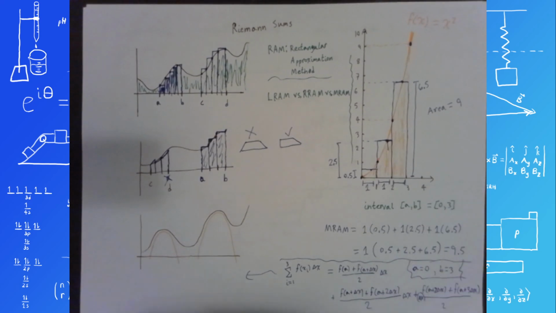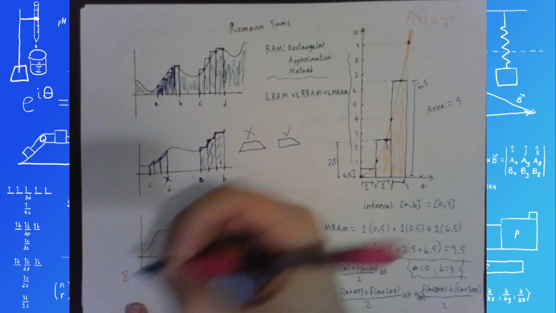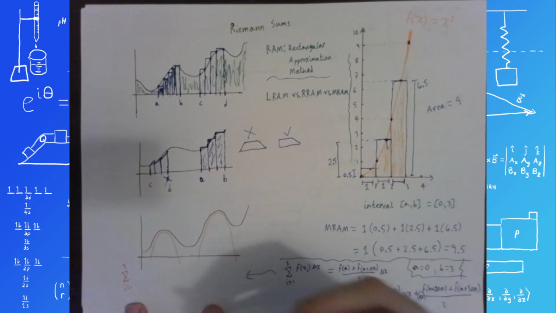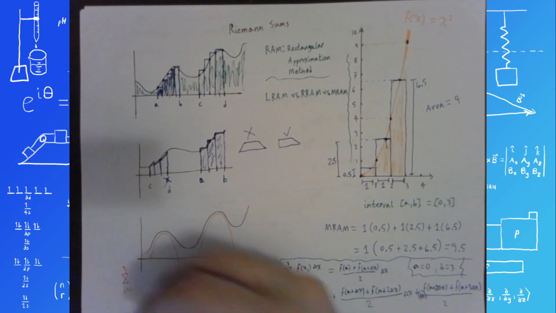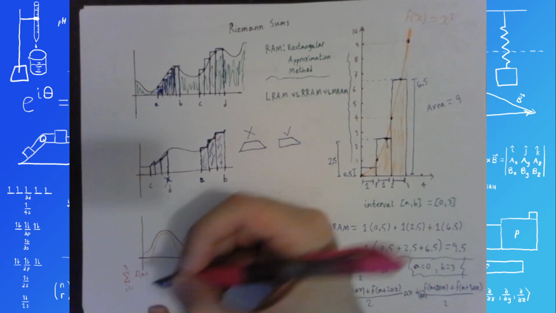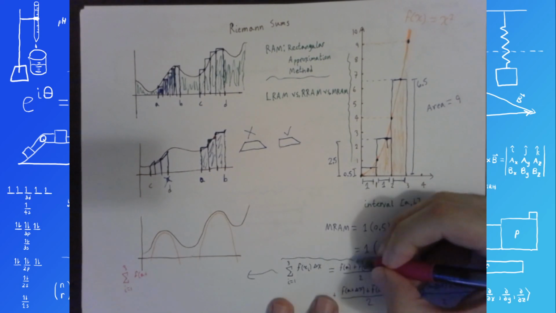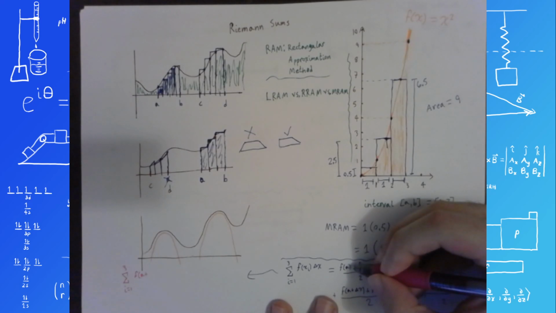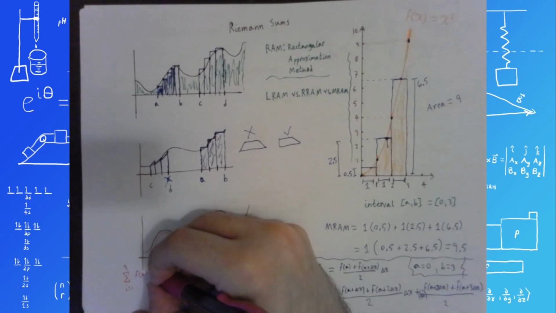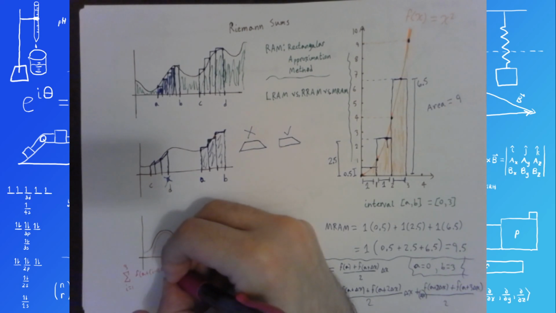I can write it as the sum from i equals 1 to 3 of f of xi is defined as f of a plus, well, the first term is going to be just a itself, so plus how many delta x's? No delta x's, so plus i minus 1 delta x